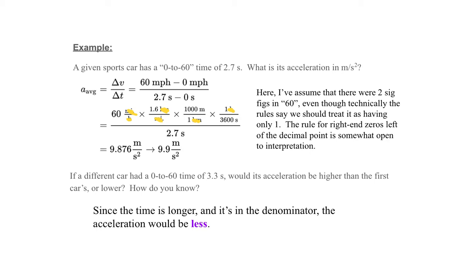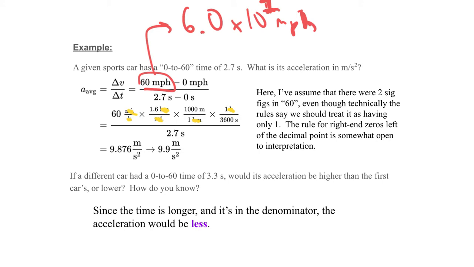9.876 meters per second squared, which we should round for sig figs to 9.9 meters per second squared. As an aside, I've assumed the 60 is actually 60, in other words, distinct from 59 or 61, even though our usual rules would say if you had a 60, we should treat that as 1 sig fig. But nobody in their right mind writes 60 miles an hour correctly to say this, which is what you should write if you wanted to have 2 sig figs. Nobody does that, and so I'm just going to play a little fast and loose with those rules,